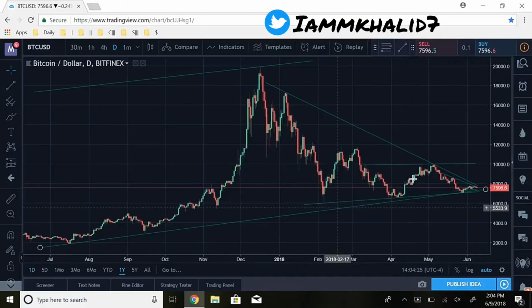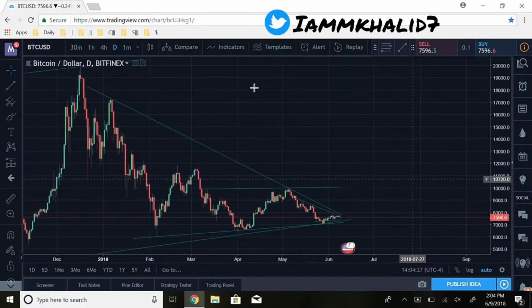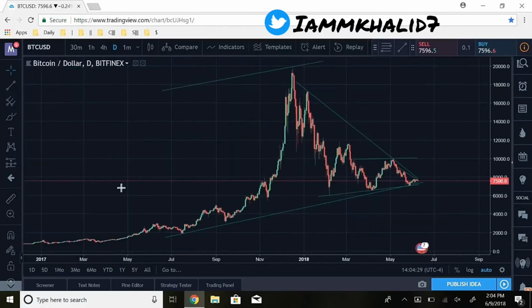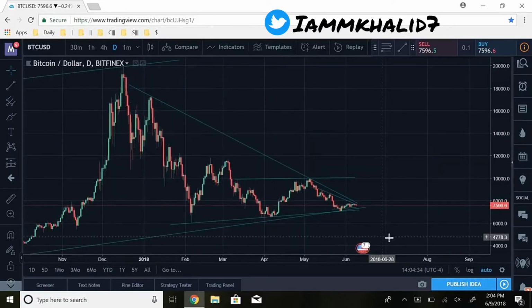But now that we zoom out, we can see the overall trend, right? So clearly, long term, we are moving up. In the last 6 months, we've been moving down, obviously, but it looks like we are starting to stabilize on the bottom supports and begin our move up again. So hopefully, we keep